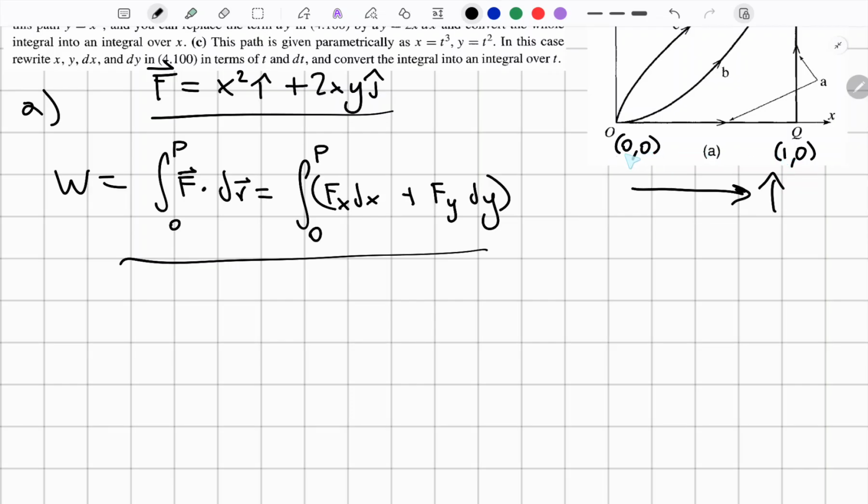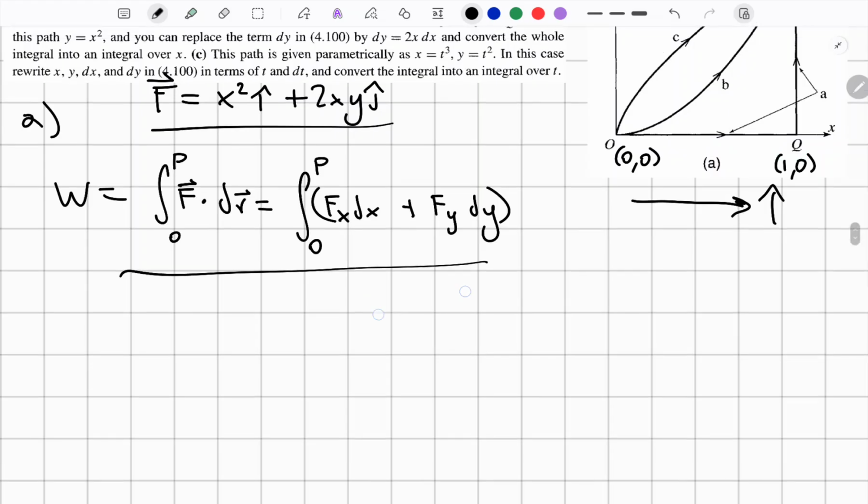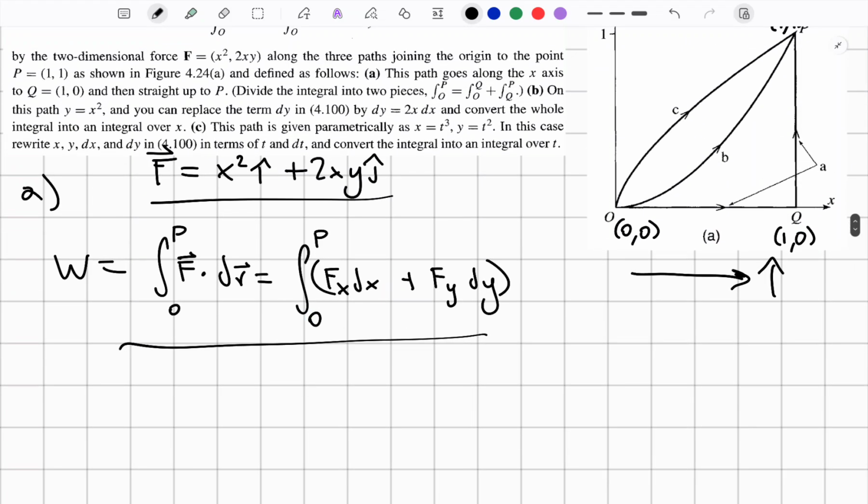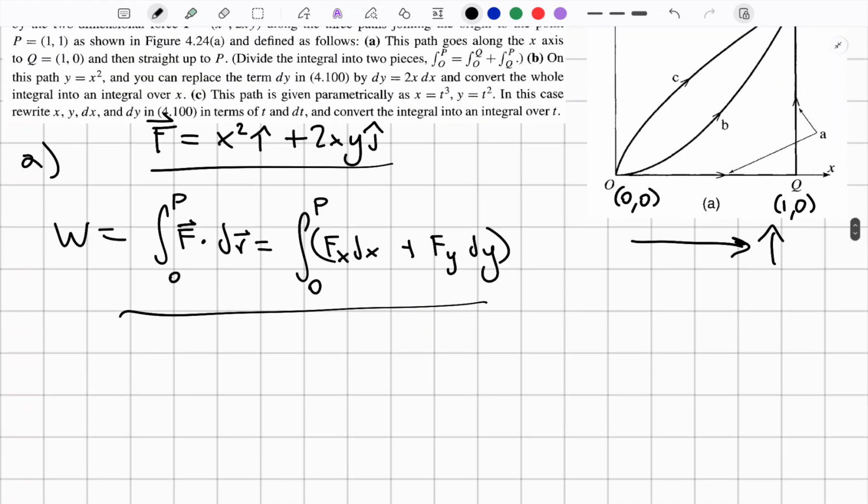We know that y is going to be 0 throughout this first distance that we're going to move along, and our x will vary. So we can set this up by going from x equals 0 up to x equals 1 along our path, which is just going to be that force on x, which is x squared dx,